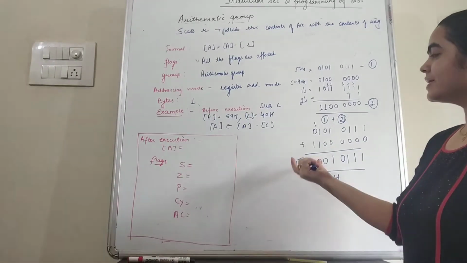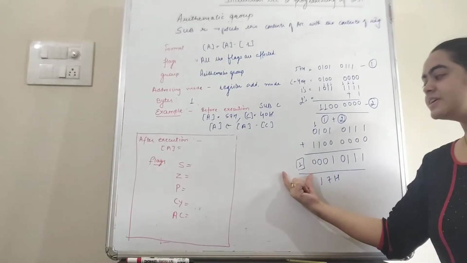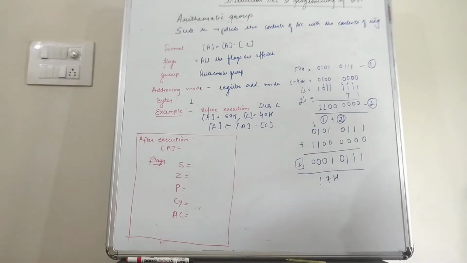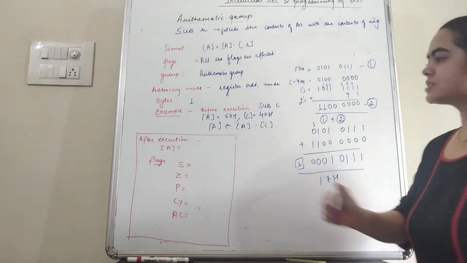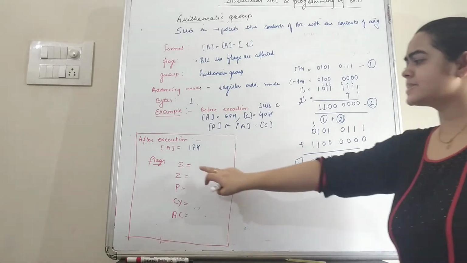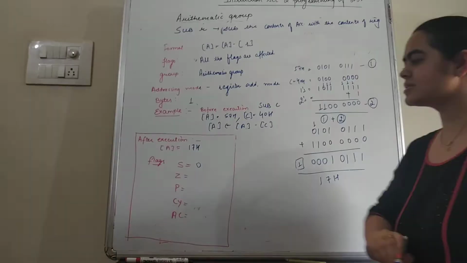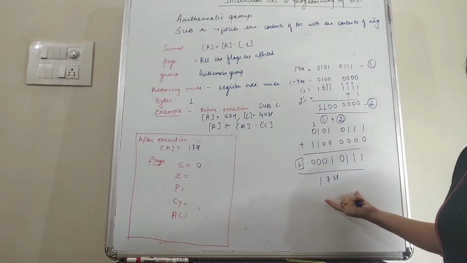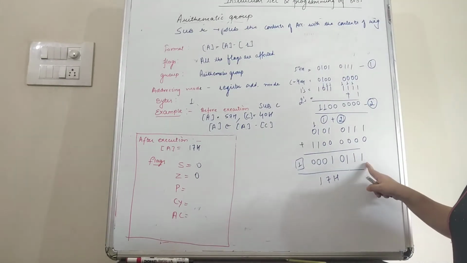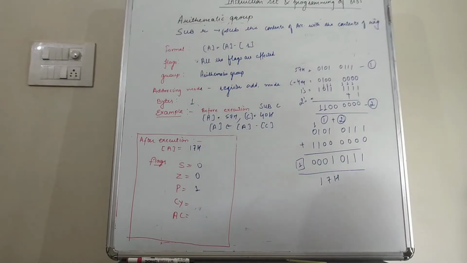So if the carry is present after the subtraction, that means we can reset the carry in the carry flag, and if the carry is not present, that means we can set the carry. So according to this result, the accumulator is having value 17H. Now you can see the sign flag. Here the MSB is 0, that means the sign flag is reset. Zero flag: the answer is non-zero, so the zero flag is 0. Parity: we have 1, 2, 3 and 4, four number of ones, that means even number of ones, then we can set the parity flag.